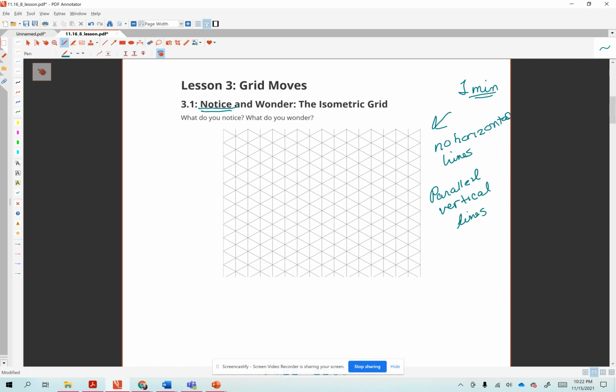You might notice that these line segments form equilateral triangles, and those are triangles that have 3 equal sides, each one of them. See that? You might also notice that